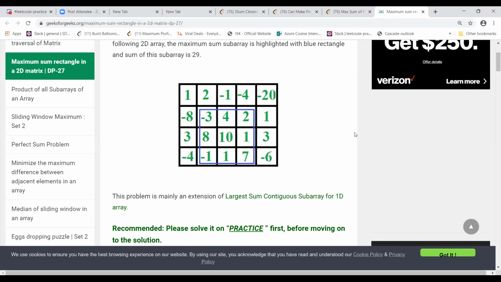The next thing I do is add the values, like 1 plus 2, -8 plus -3, 3 plus 8, and -4 plus -1. So I get some values. Now I apply Kadane's algorithm to this 1D array, and I find the maximum subarray. My left and right column indices give me the top left and top right, and using Kadane's, I can find the other two indices.